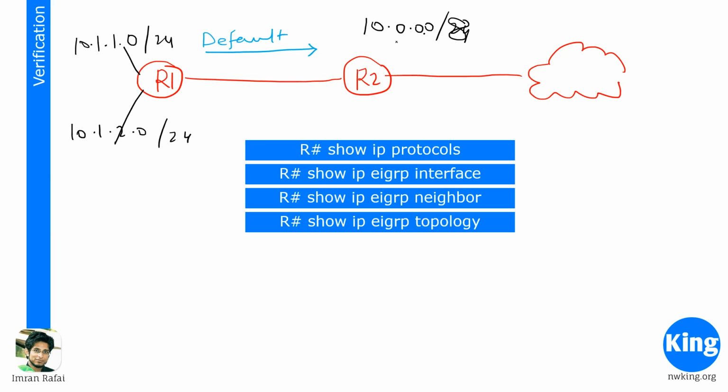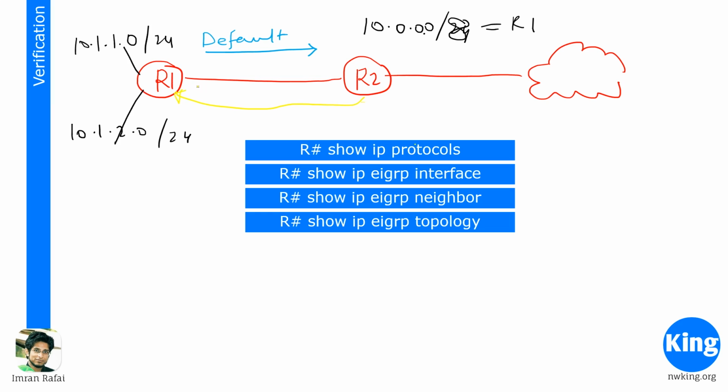Now R2's routing table points this summary route to R1, right? So let's say if there is traffic that is coming to the 10.1.3.0 network, R2 would say, yes, I see there is a summary route, 10.0.0.0, that is on R1. So what happens is, any traffic that is coming to R2 going to 10.1.3.0, R2 would send it to R1,